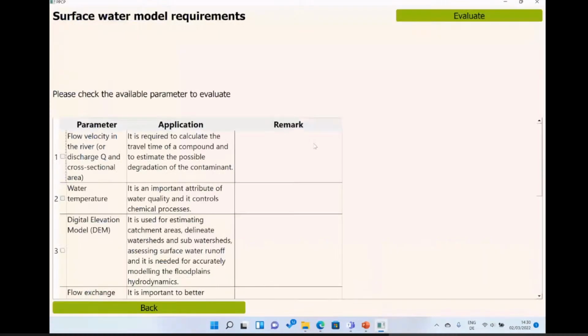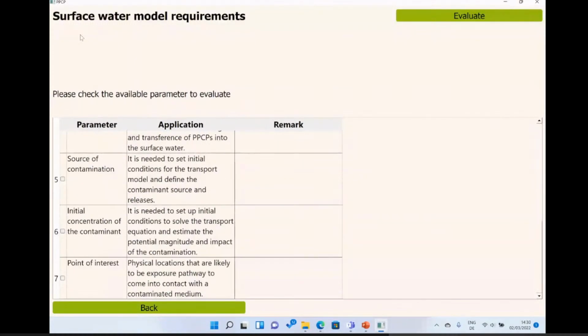This was developed at our Chair of Hydrology and River Basin Management at the Technical University of Munich. Using literature review and prior modeling experience, we made a list of the parameters that you need in order to develop a model in the surface water environment.